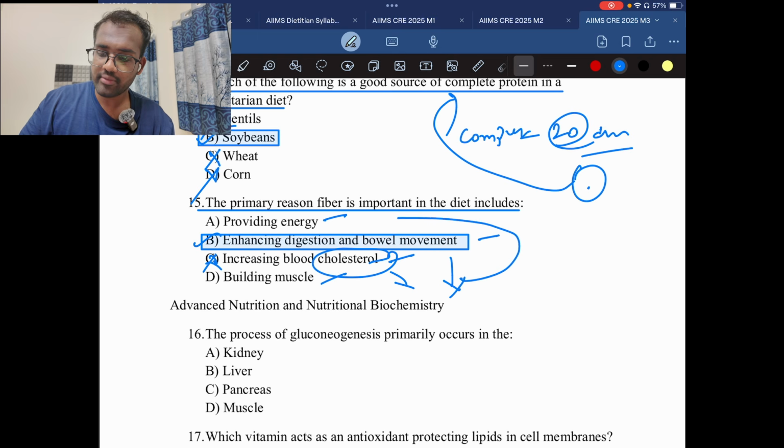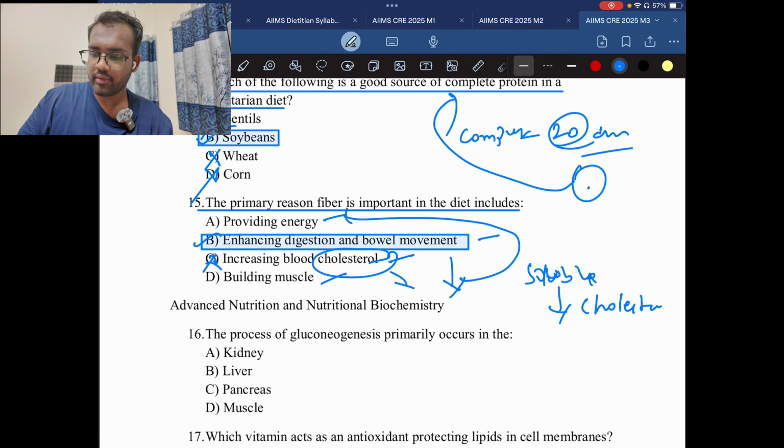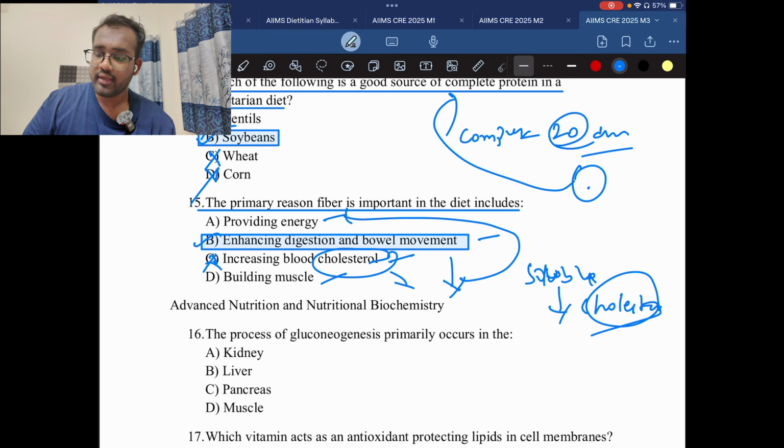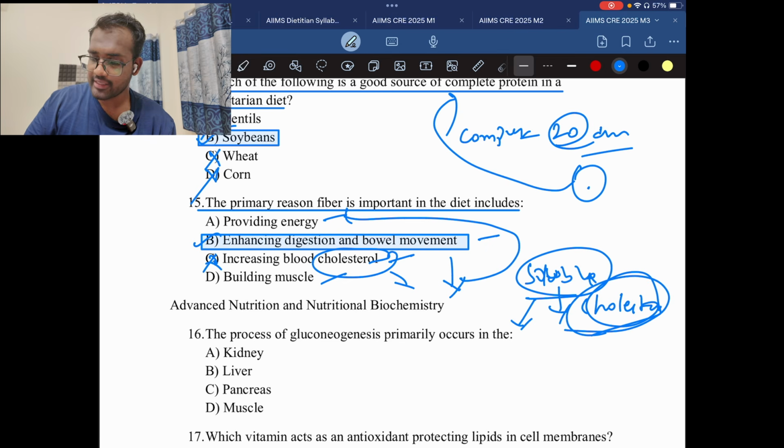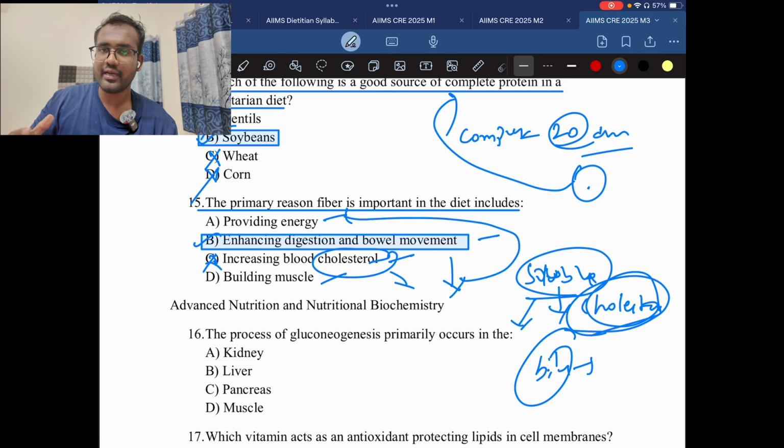Always remember which fiber helps in reducing blood cholesterol, which is soluble fiber. Okay, soluble fiber helps in reducing cholesterol. Remember that. If they ask which fiber reduces the cholesterol levels in the body, the soluble fiber helps to reduce cholesterol. By binding, this soluble fiber will form the ligands. Ligands will bind the bile acid and it will inhibit the protein carrier, because for the fat now we need a layer of protein